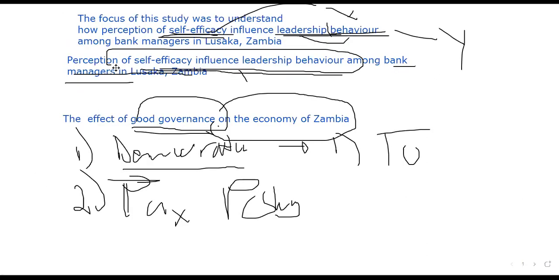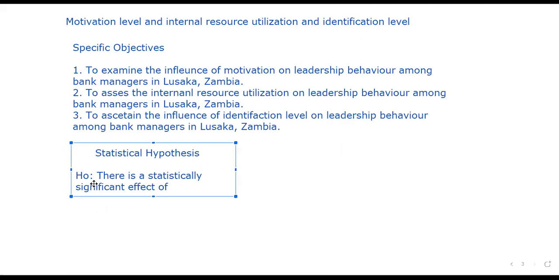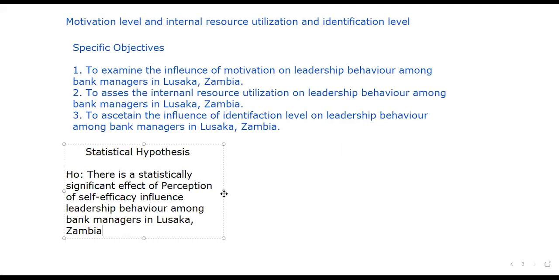So you go back to where the topic is, and I'll pick it as I just extracted it from there, and I'll bring it here. So let me put this in a different color. Great. So it means that my statistical hypothesis is there is a statistically significant effect of self